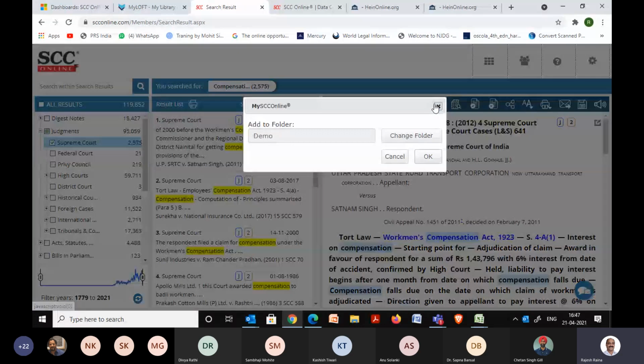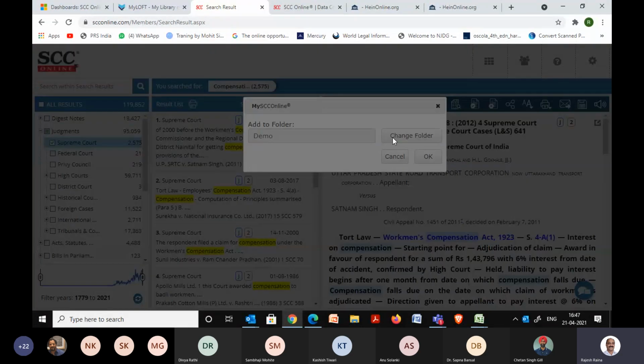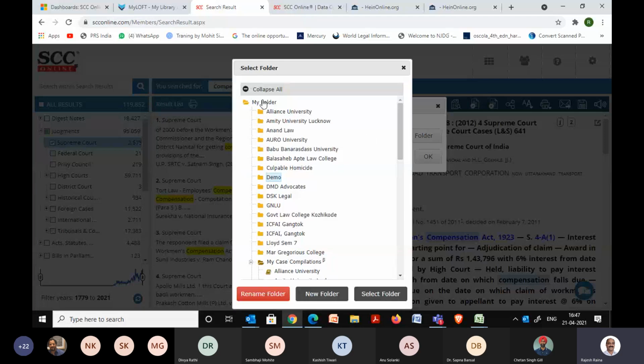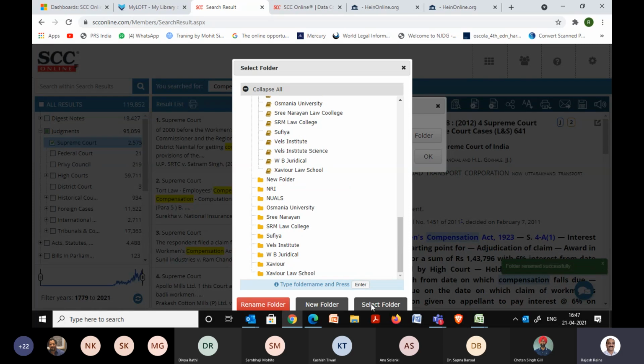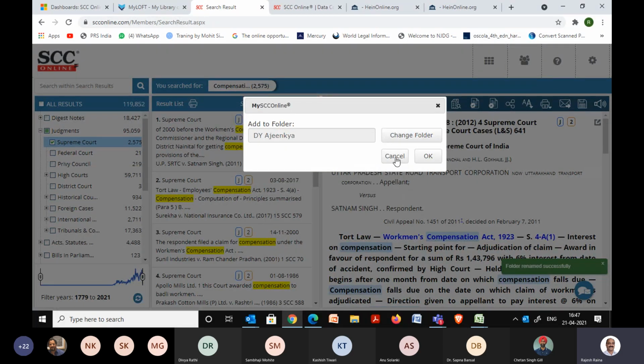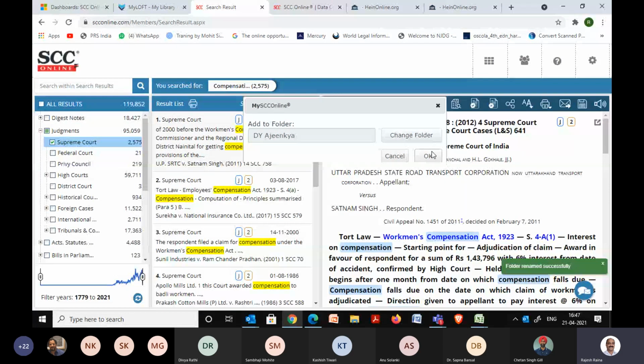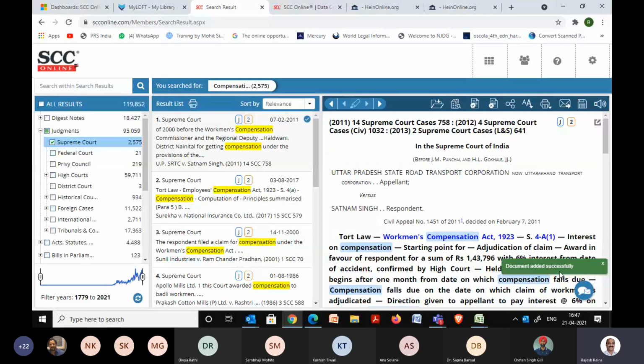First, I can add to my SCC Online folder, and by default it shows my folder. I'll click on change folder, and click on new folder. A new folder gets created, and I give it a name, maybe the name of your institute, and then file. I press enter. I click on select folder, and it now gets selected, shown over here. I click on OK. This is how I create it once, and then I click on OK, and the document gets